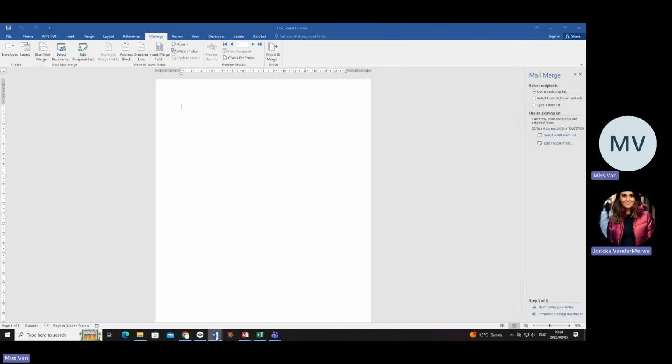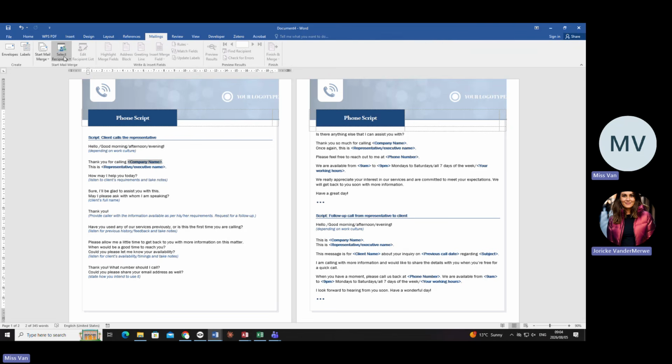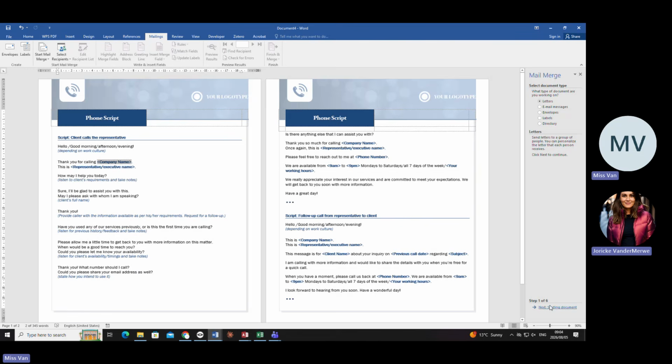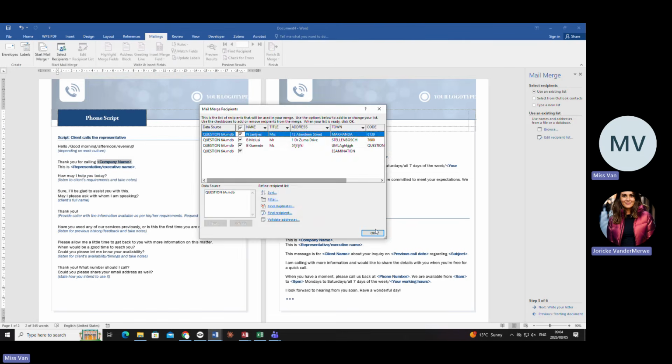You have prepared the data source in a different document. Does that make sense to you? There's no step 1 here. So you must go through the mailings then again if that is the case. You must go and say step 1, step 2, and here where they say you want to use an existing list, you must click on that list and connect it.